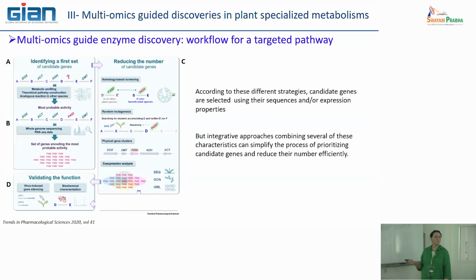But what we observe now is that we don't use only one of these strategies. Very often we combine 2 or 3 of these strategies in order to have a more precise number of candidate genes,